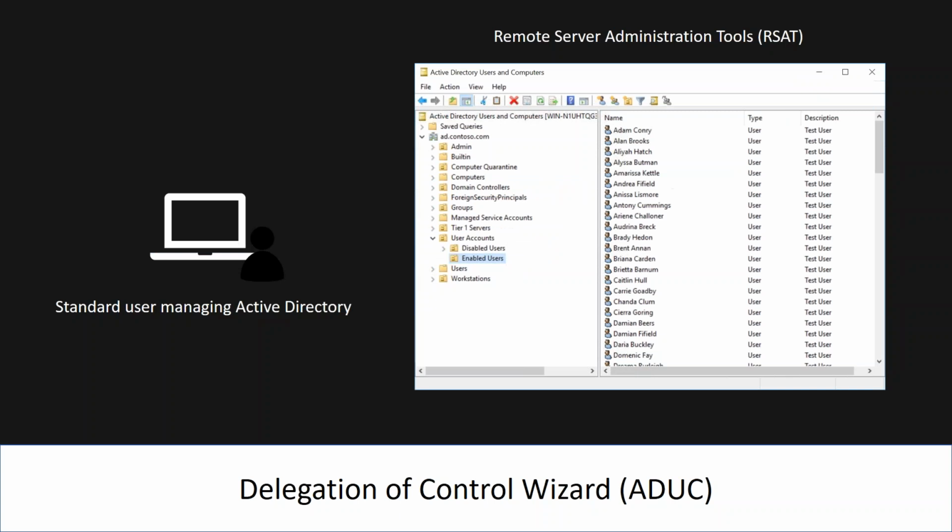So you can see here, again, the Active Directory Users and Computers tool. Again, that's something that they would use from their own device, so they don't need to log on to a domain controller to access that tool. That's also an important point. They are now able to do this from their own device, and they don't need domain admin privileges. You can get the Active Directory Users and Computers tool on Windows 7 or Windows 8 by installing the Remote Server Administration tools, and you can just download them and install them on your IT people's workstations. Okay,